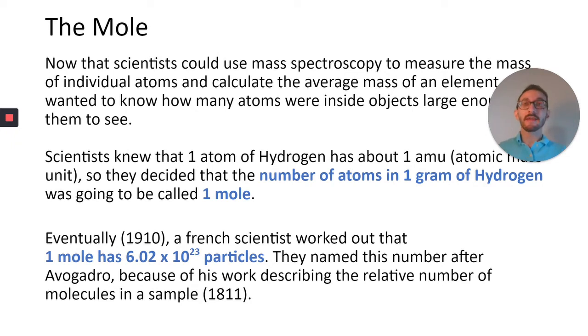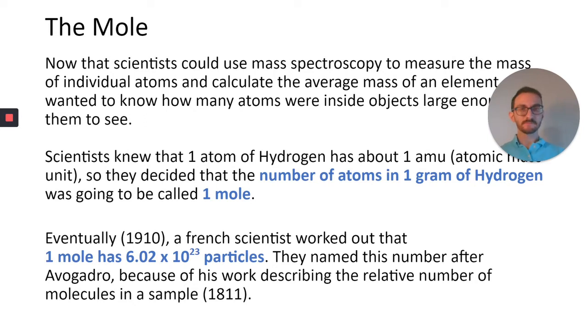So having calculated that one atom of hydrogen had a mass of about 1 atomic unit, they decided that it would be helpful to establish that the number of atoms in 1 gram of hydrogen was going to be called 1 mole. They wanted their math to be easy, so they established a lot of ones. And it took them a really long time to work backwards and figure out how many atoms that would be. And in 1910, a French scientist worked out that 1 mole has 6.02 times 10 to the 23rd